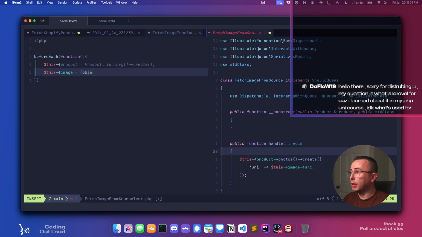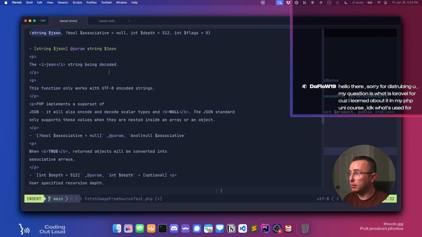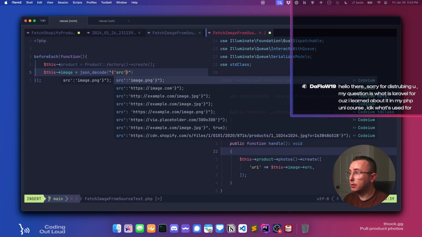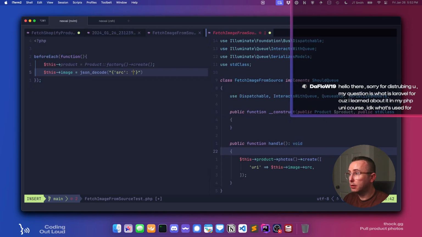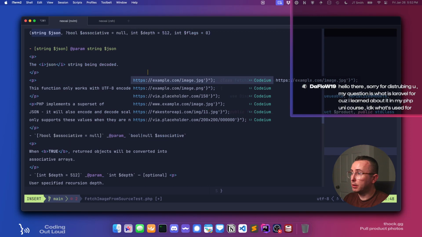Oh yeah, even better. Okay, so JSON decode source equals HTTP